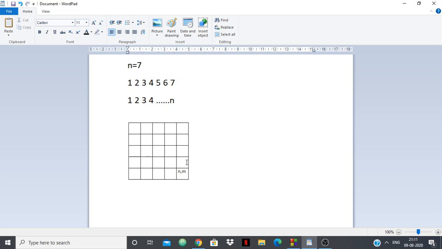What should be the direction on this? The direction on this should be down. If it is right, then it will move out of the grid. And likewise, the direction of this should be right, because if it is down, it will move out of the grid. What about this one? Now this can be either down or right. We don't care, because if it is down, it will reach here, and if it is right, it will reach (n, m). So this can be anything. Likewise, this can be anything also, and this too.